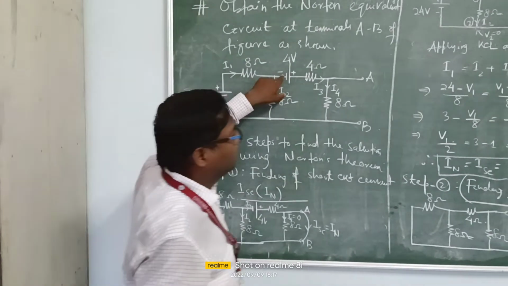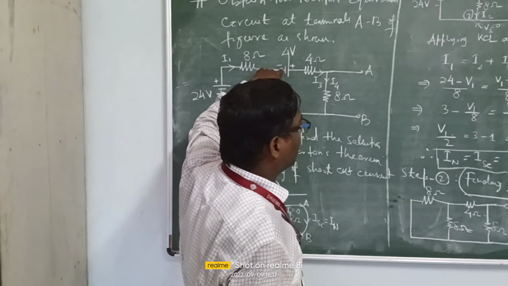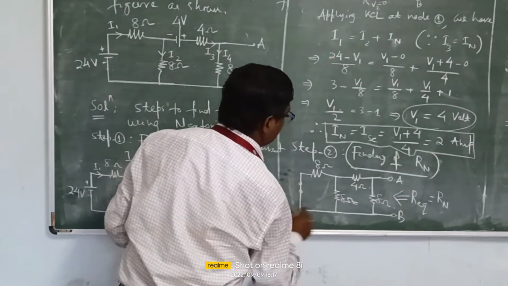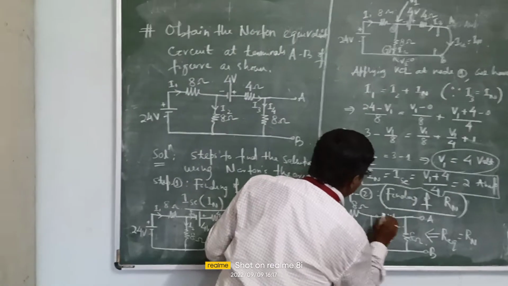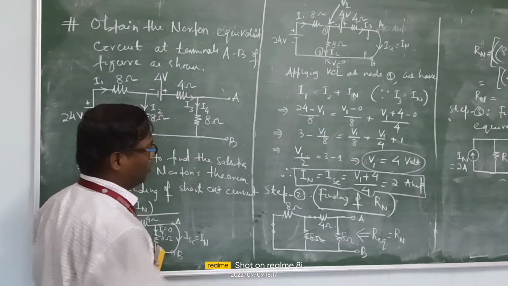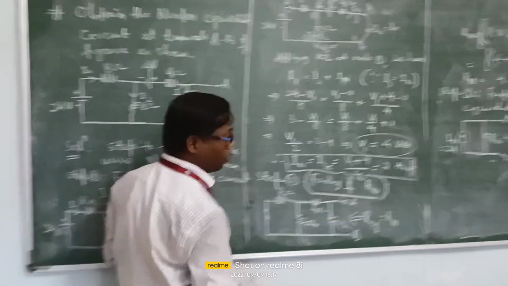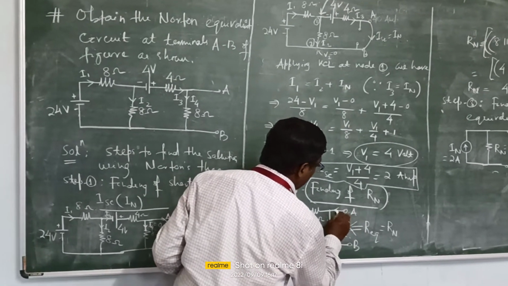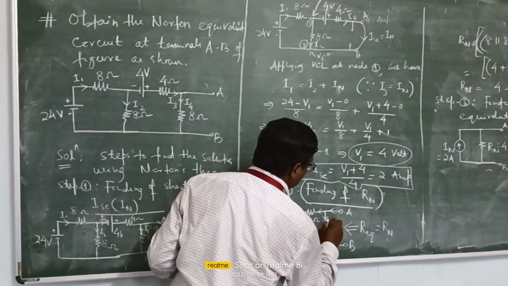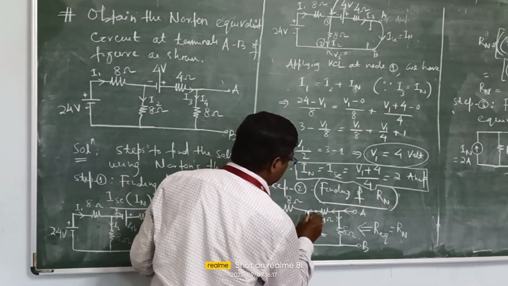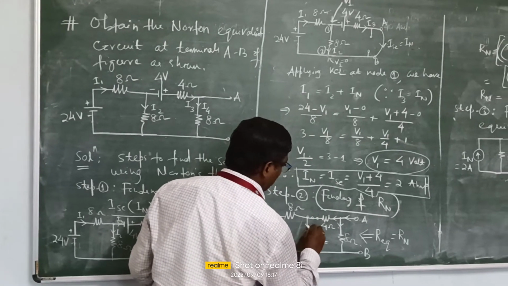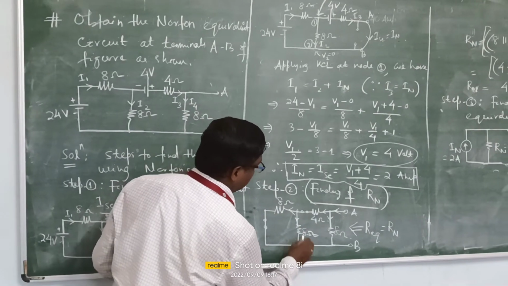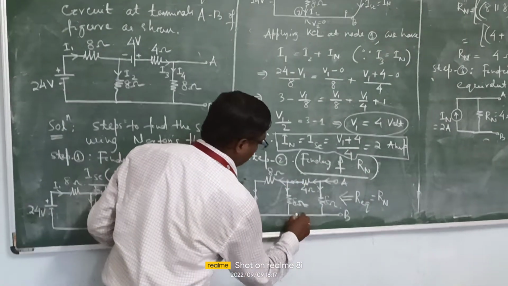If we make it short, the above diagram can be drawn like this. Here the voltage source is short circuited. So we can find the equivalent resistance. How to find it? Assuming a source across AB, the total current flows, some current through this, some through this, and whatever current flows through this again reaches the junction, some flows through this, some through this. Whatever the incoming current here, the same current leaves here.